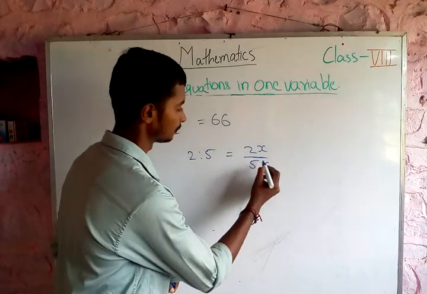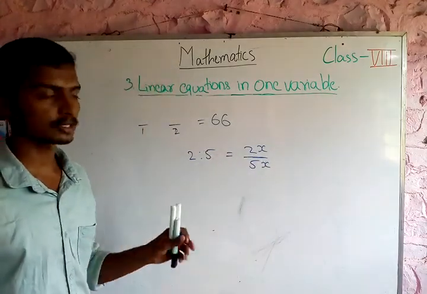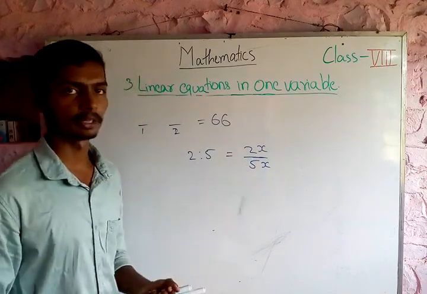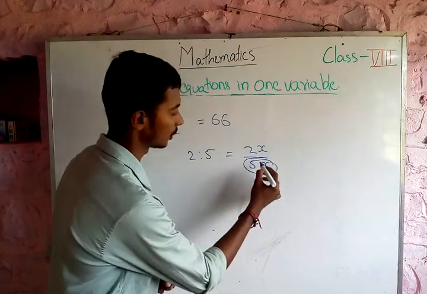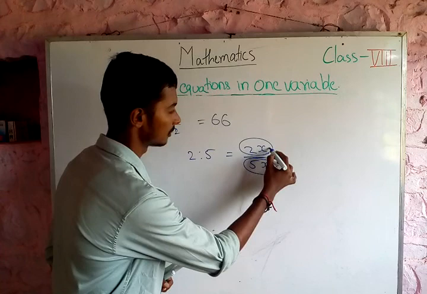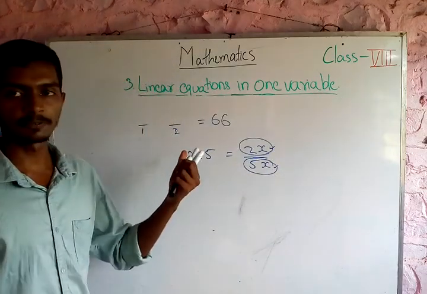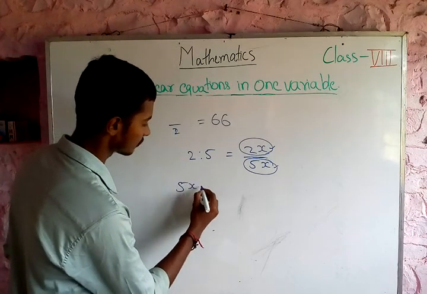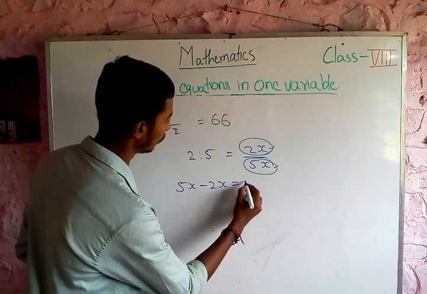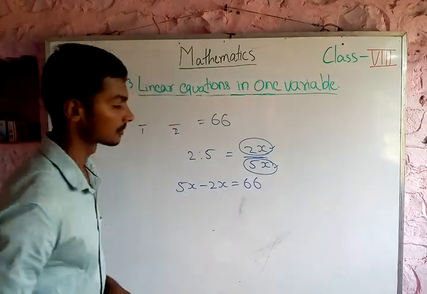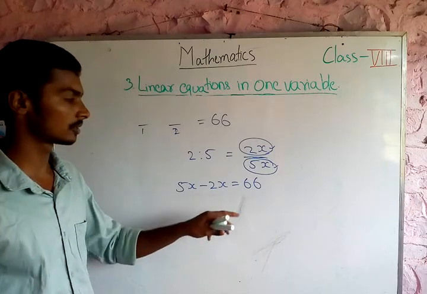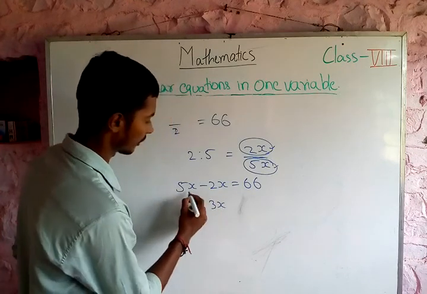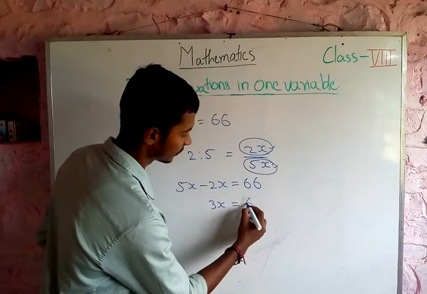Now see here, you have got the two numbers as a mix of constant and a variable, but you have to find the actual numbers. One number is 5x, the other is 2x. The difference of the two numbers is 66, which is given to you. So it will be 5x minus 2x is equal to 66. So it becomes 3x on this side. 5x minus 2x is 3x, which is equal to 66.